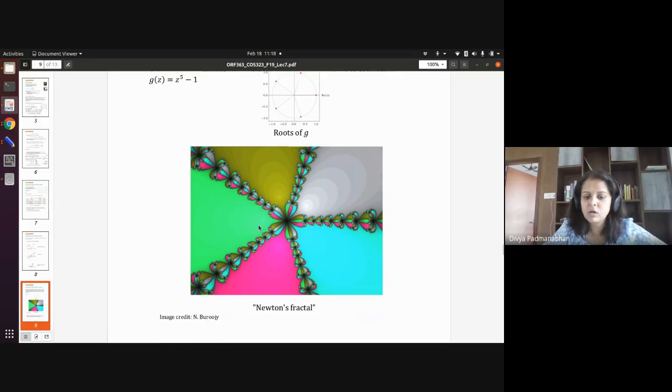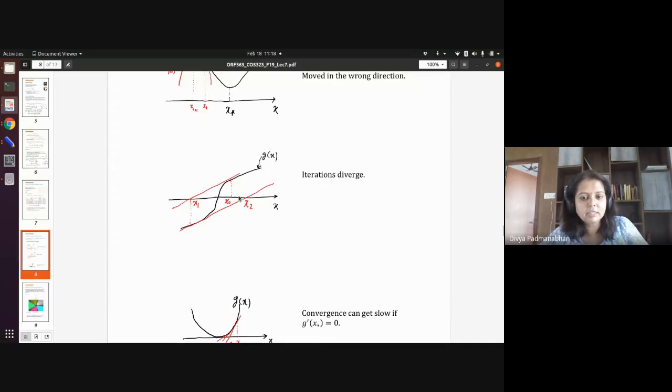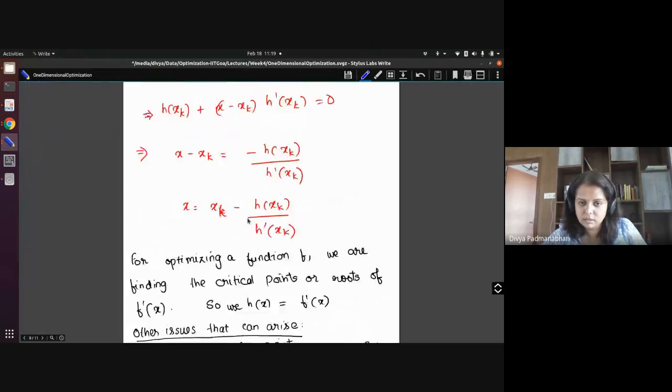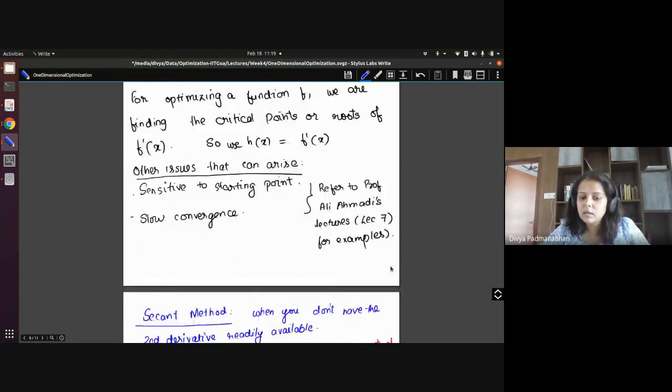Perhaps you've also seen this kind of divergence in the case of finding roots. Your initial point is x naught, and the first order approximation is something like this, you go to x1, and then you go here, and it's going farther and farther away from the point where the function took the value 0. These are some of the issues, and similar issues also arise in optimization. That was a glimpse of what you saw some time back. So that's Newton's method.